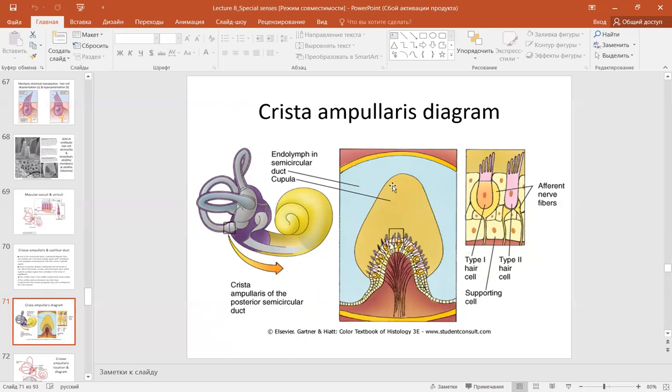And the crista ampullaris is covered with the cupula gelatinosa, which is surrounded with the endolymph, and turning the cupula gelatinosa is causing the drift, the movement of the stereocilia with respect to kinocilium or in the opposite direction from the kinocilium to stereocilia. This is making a positive or negative signal from the hair cells